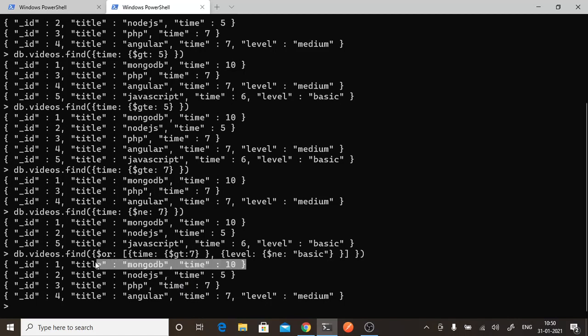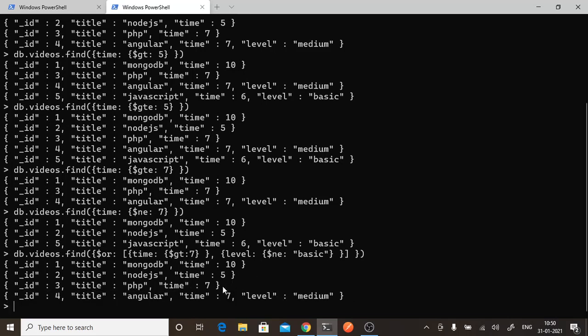So wherever it matches, it will show me all the records. See, the first record it is getting because time is greater than 7. The second record it is getting because time is greater than 7 as we have given. So here time is 7, time is 5, and the $or operator we have used, so if either condition is met, we will get the record.